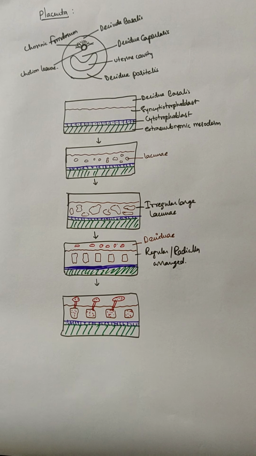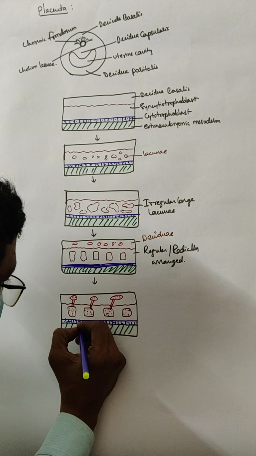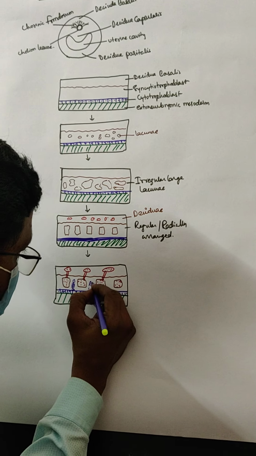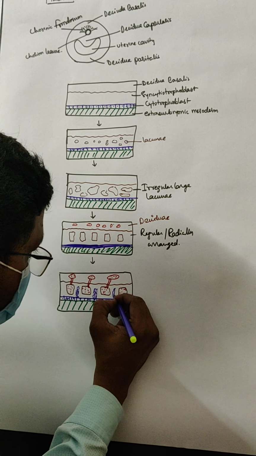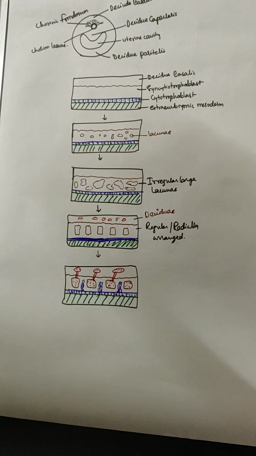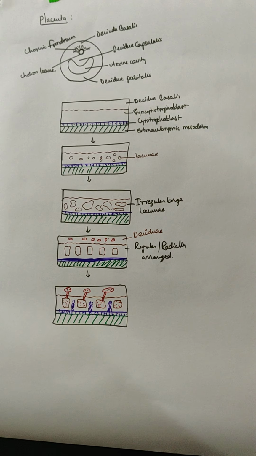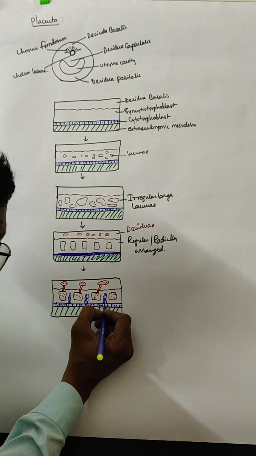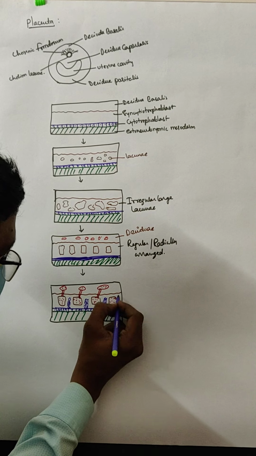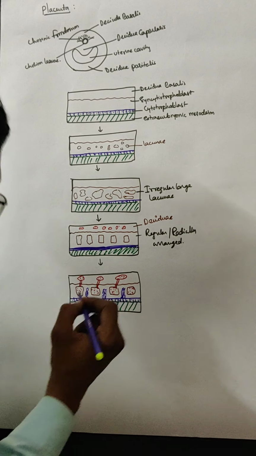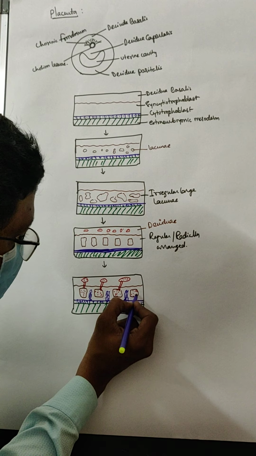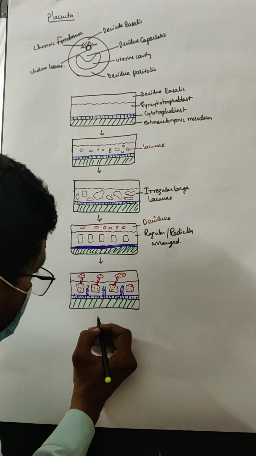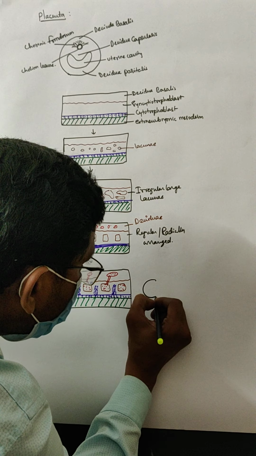At the same time you can see that there is an ingrowth of this cytotrophoblast layer in between these lacunae. This ingrowth now will lead to the formation of a structure called the primary villus. So the primary villus contains, in the central region, the cytotrophoblast, which is surrounded by the syncytial trophoblast, okay, and externally it is also surrounded on either side by the maternal vessels. If I have to show you in a cross section, I'll just draw it here.